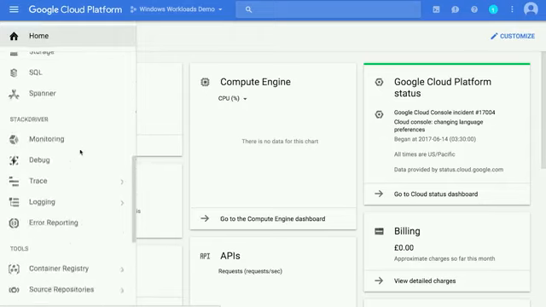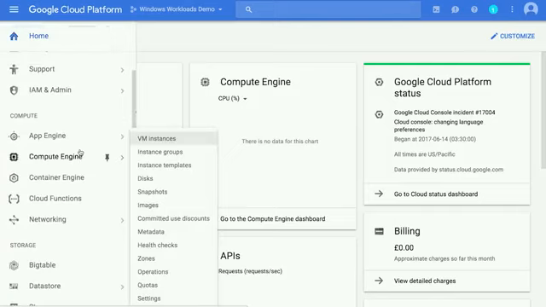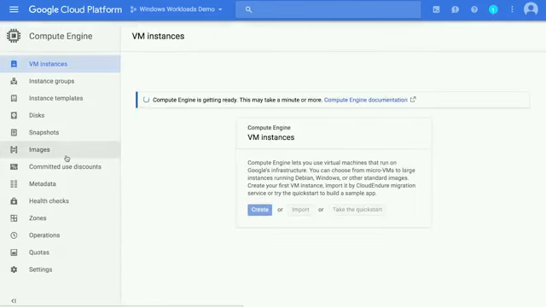As this demo is focused on Windows workloads, we're going to provision a Windows virtual machine. In order to do this, we'll make use of Google Compute Engine. On GCP, Compute Engine is the infrastructure as a service product that allows us to provision virtual machines with a wide variety of configurations. So I'll select Compute Engine, and you can see that the Compute Engine API is just getting ready. This will take a few seconds, and I'll pause the video while this happens.